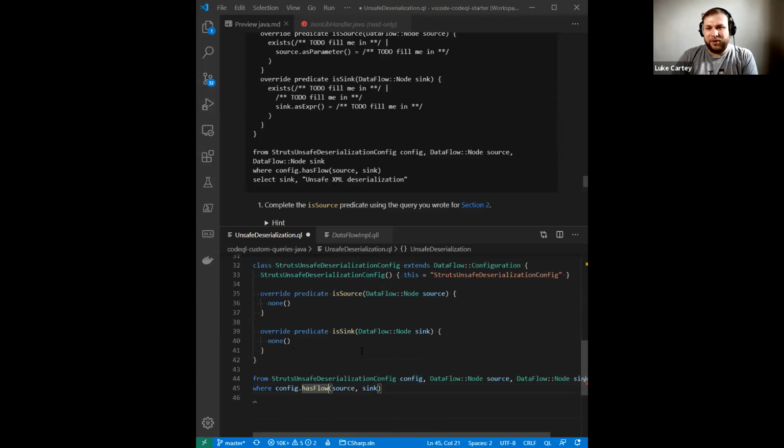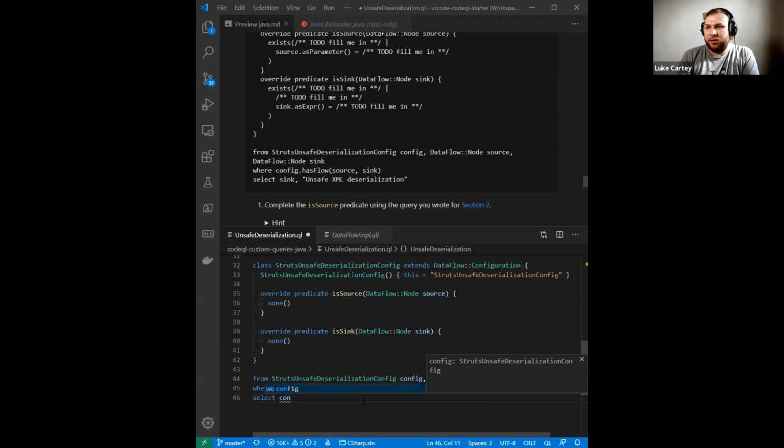This will effectively calculate a table of sources and sinks. These are things that adhere to the source and sink predicates above, which are connected directly or indirectly by data flow. Okay, we're going to say select